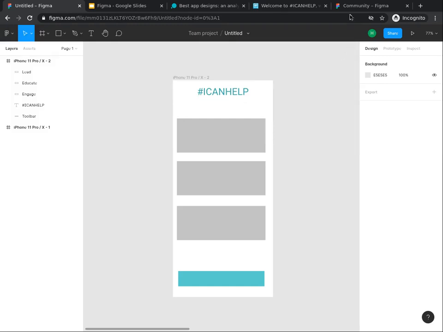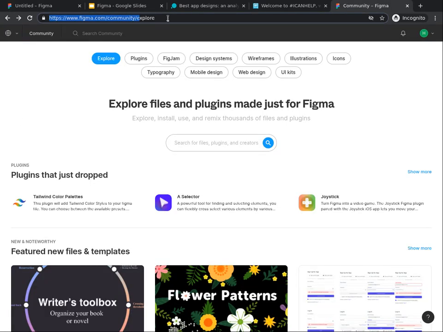You will need to open another tab and type in www.figma.com/community/.